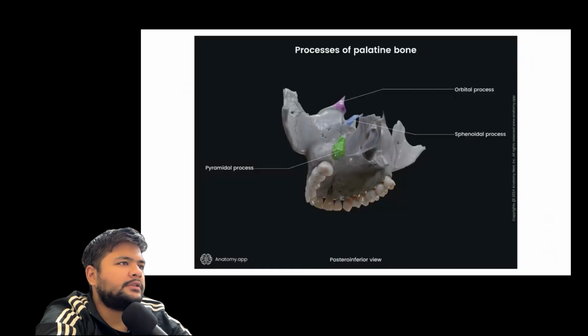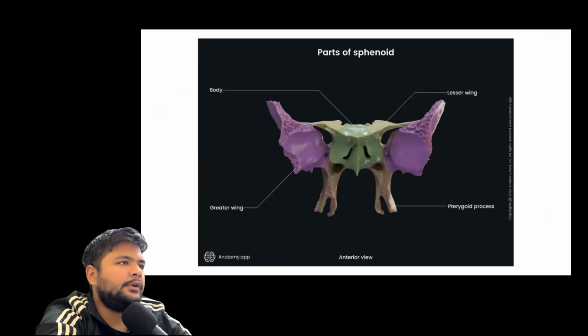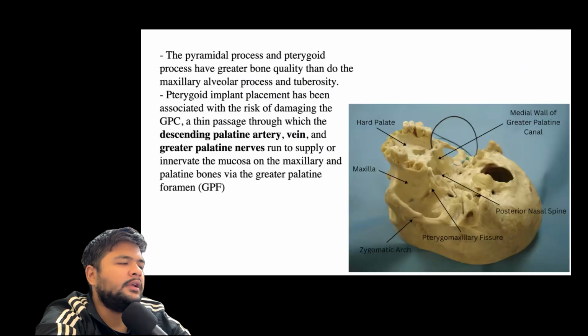Coming to the processes of the palatine bone, there are three major processes: the orbital process, the sphenoidal process, and the pyramidal process. Coming to the parts of the sphenoid: the body, the lesser wing of sphenoid, pterygoid process, and the greater wing of sphenoid. The pyramidal process and the pterygoid process have greater bone quality than do the maxillary alveolar process and